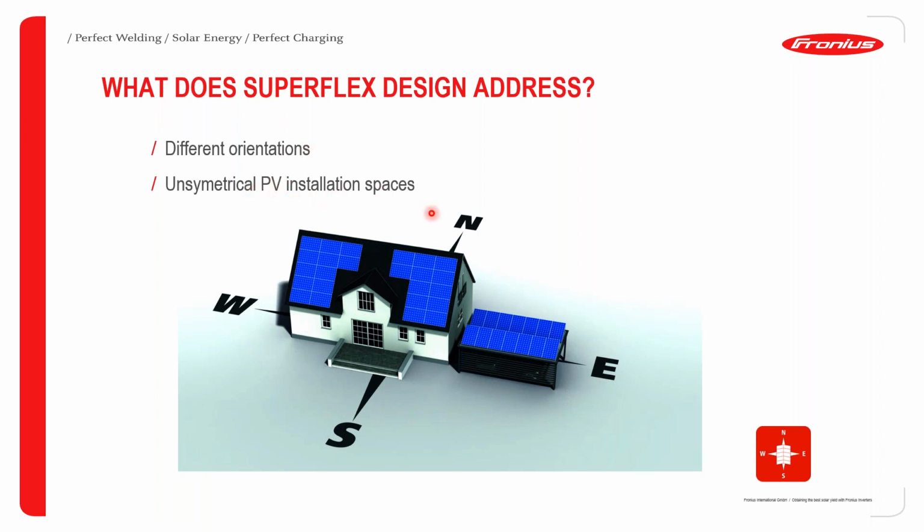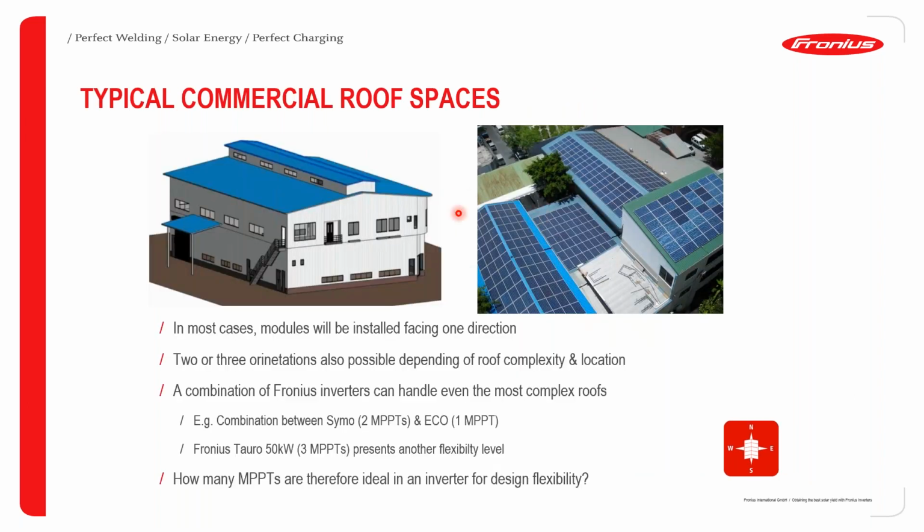unsymmetrical PV installation spaces. So as you can see from this illustration, if the total surface area for installation is not symmetric, the inverter can, of course, handle unsymmetric and different orientations. So in order to buttress this fact, you can see it from this example, talking about, say, an industrial rooftop, which normally comes with very, very tricky roof orientations. So you have most of them coming in non-symmetric